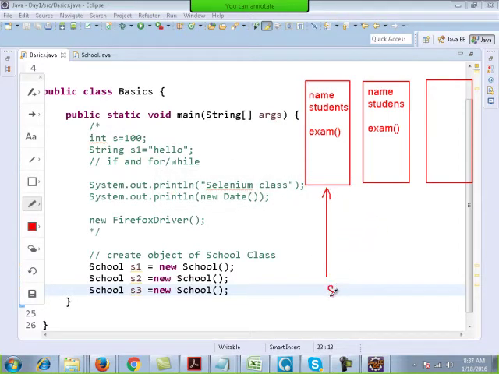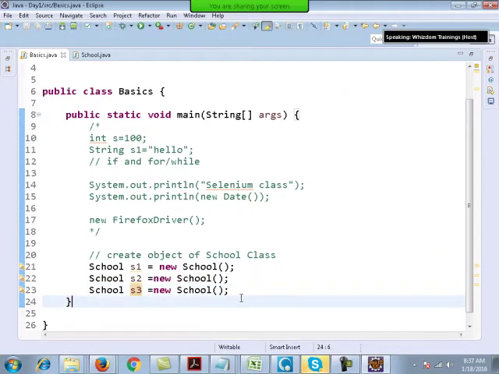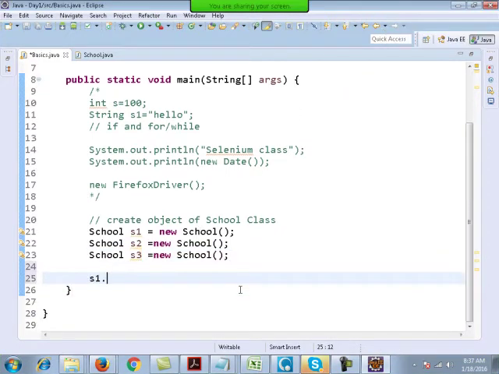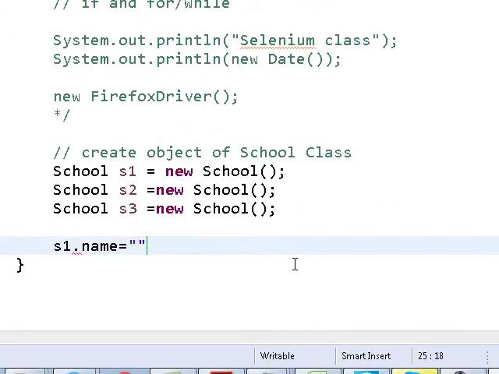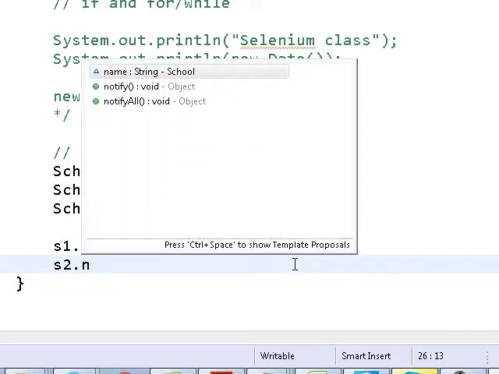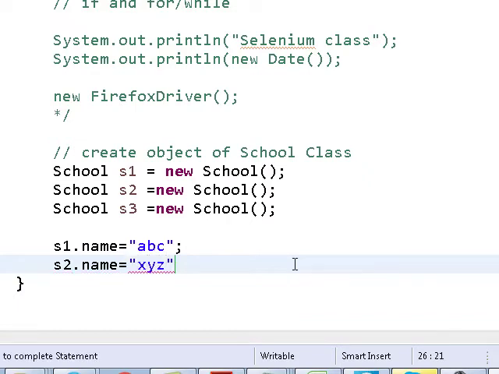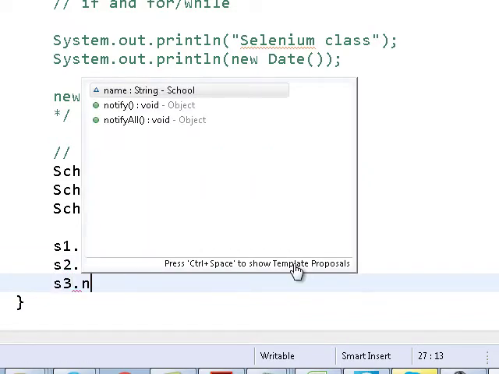This is S1, this is S2, and this is S3. So with S1, S2, S3, you can change the state of the object. You can change the values of the variables and all. Suppose I write over here S1 dot name is, say, school ABC. S2 dot name is XYZ. S3 dot name is,